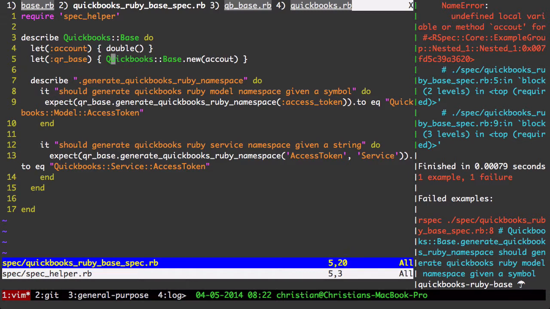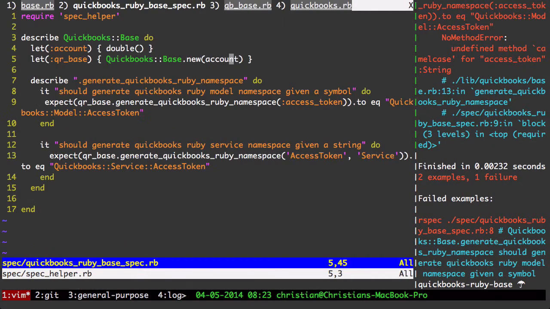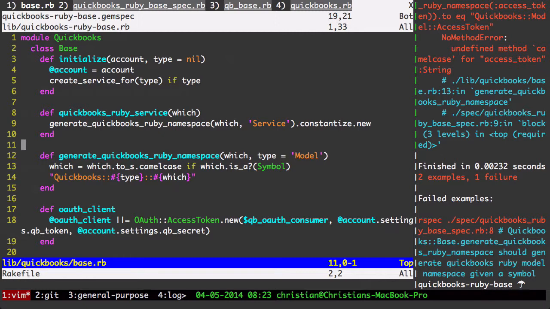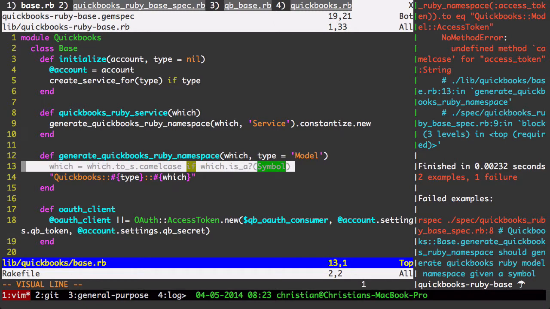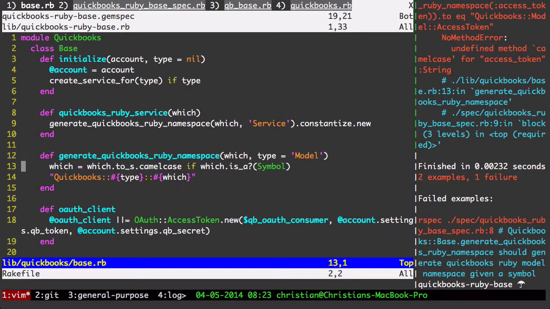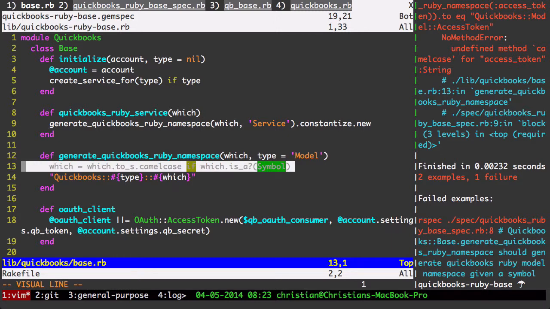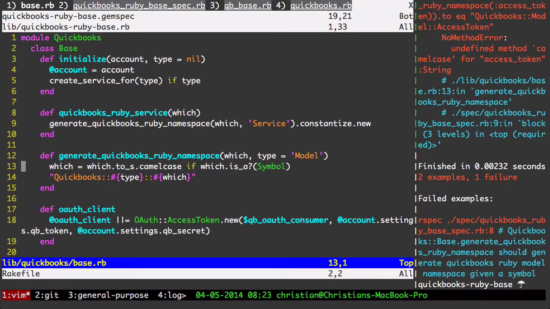I'm going to get an error, and that's because I misspelled account. Okay, let's rerun that test. Okay, I get another failure here. It says undefined method camel case for access token. Okay, so let's take a look at this. When I brought this over, I'm using camel case, but camel case is not a Ruby method on string. It is from Rails and active support. Now that's okay because I'm extending QuickBooks Ruby, which requires active support. But what that means is I need to